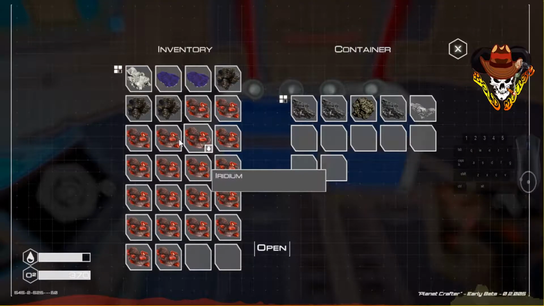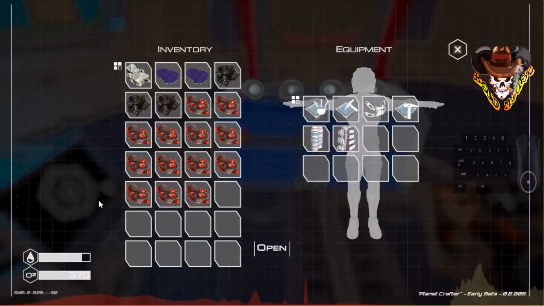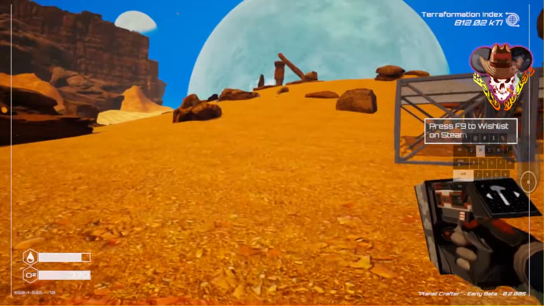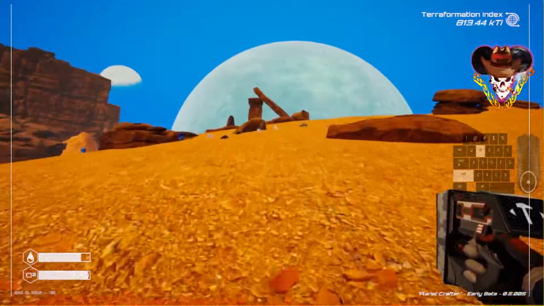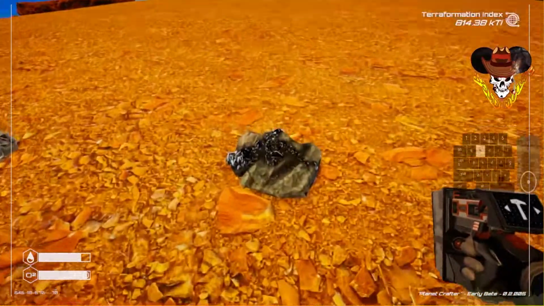Yeah, let's put this stuff in here. This is all from the sand cave. We don't even need that stuff, really. So I'm going to run over there, build some crates, probably here at the top of the hill. That'll be our halfway point. And I could store everything in the crates until we get...